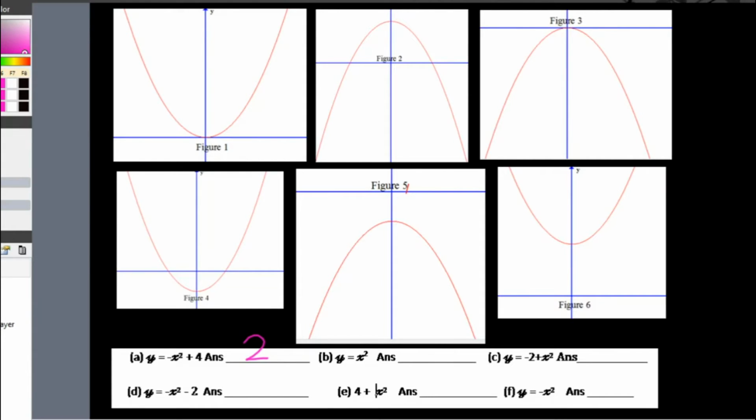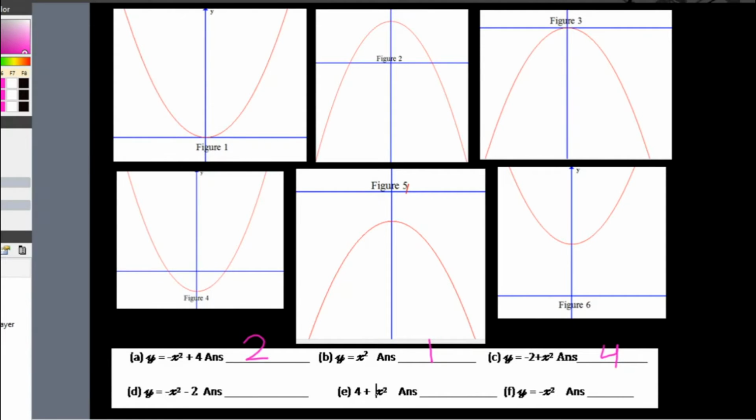Part B, y is equals to x square, so that will simply be figure number 1 like we just discussed. Next, part C is y is equals to minus 2 plus x square. Now plus x square means it will be a U-shaped graph, and minus 2 means that this U shape will be cutting the y-axis at -2. So that will be figure number 4, a U-shaped graph which is cutting the y-axis at -2. So 4,